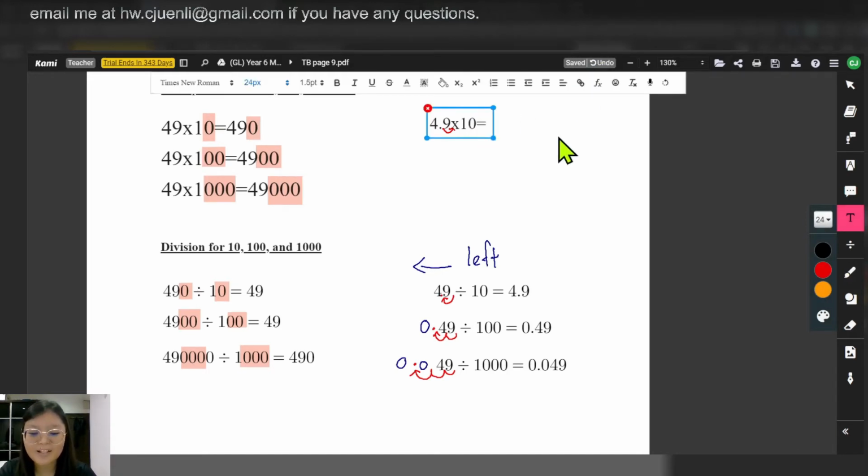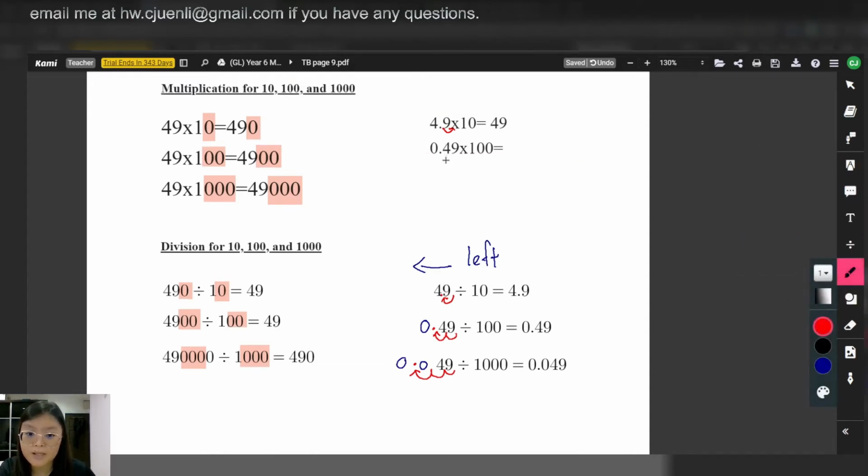It'll be 49. So the decimal will go to the back and there's no point writing 0.0. Your answer will actually be the full number itself anyway, right? So let's see another one so you get the hang of it. You have 0.49 and you times 100. Same thing, 100 has 2 zeros, so we're going to move 2 spaces. 1, 2, draw the arrow, and then we have